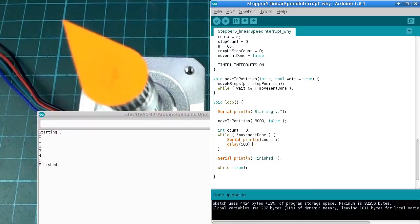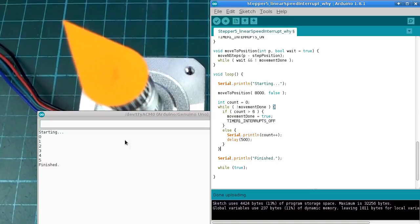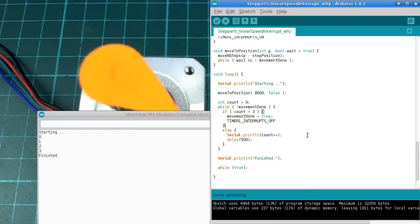So it's again not a very exciting example, but another very important thing that it lets us do is if we wanted to stop that movement halfway through for some reason, I'll just paste this in. So let's say, look, we got up to 5 there, but let's say we wanted to stop it when the count gets to 3. In reality, this might be a user input, like some kind of button that the user can push to stop the motors turning if they see something's going wrong or whatever. So let's try that. There's a little bit of a delay there because it gets to do one more iteration of this loop before it stops. But the point is it didn't get all the way through, and if we were to print out how far it got,